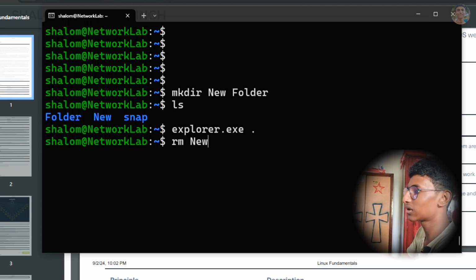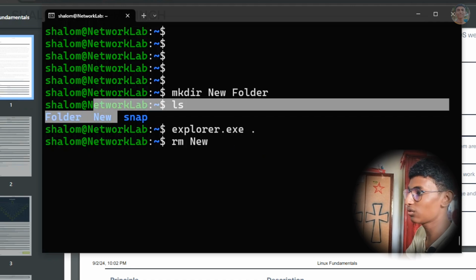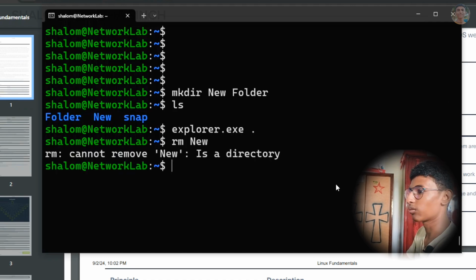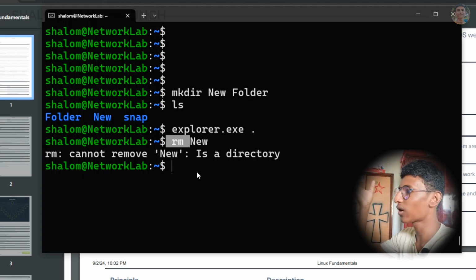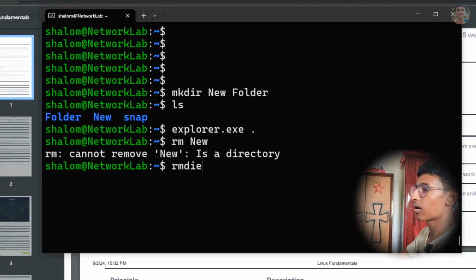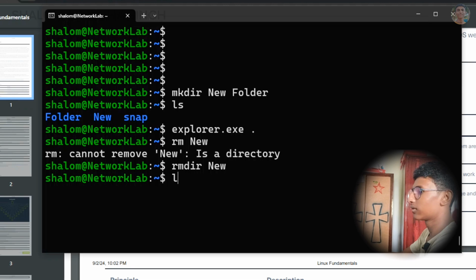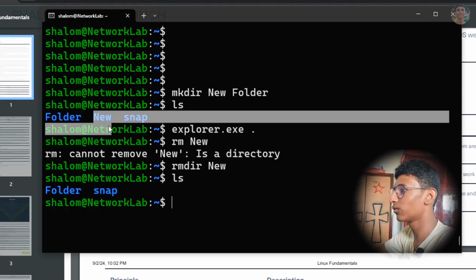So if I type the folder name as new, because it is new, and hit enter, it cannot remove it because new is a directory, but the rm remove function can only remove a file, not a directory. So for removing a directory, you can just say rmdir, remove directory. It is simple, guys. You just need to use remove directory, which is easy. So if I do that again, yeah, we are done, and we have removed the new